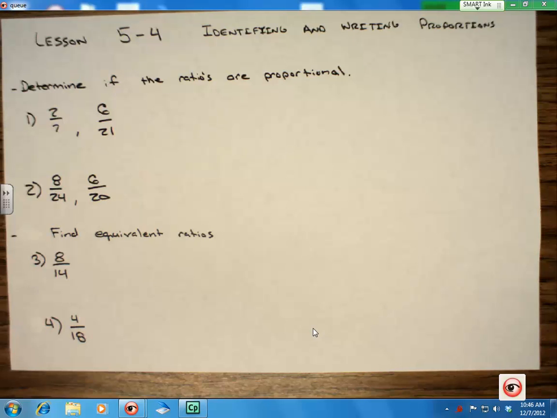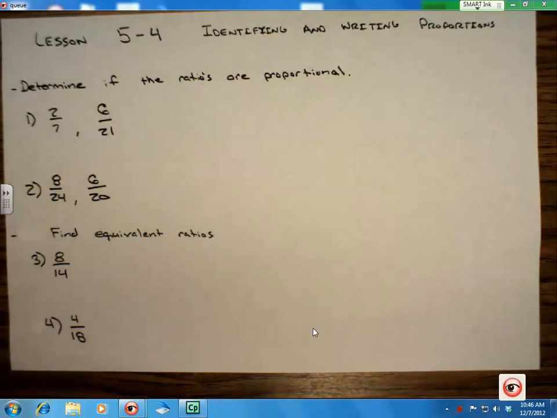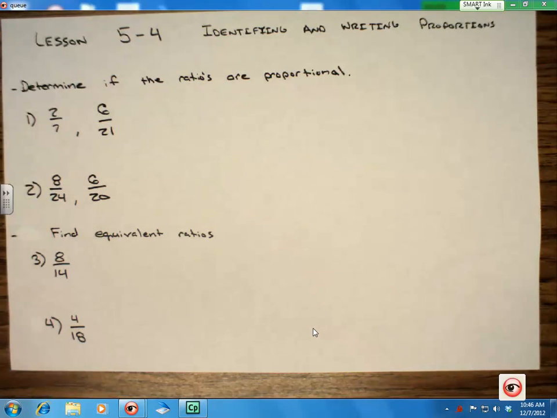All right, let's go ahead and get started. Today we are going to be talking about Lesson 5.4, identifying and writing proportions. You do have two vocabulary words which hopefully you picked up and glued into your spiral already. Those vocabulary words, the first one is